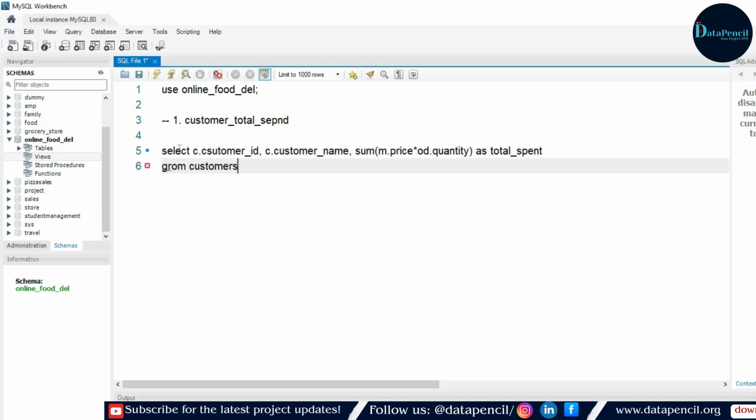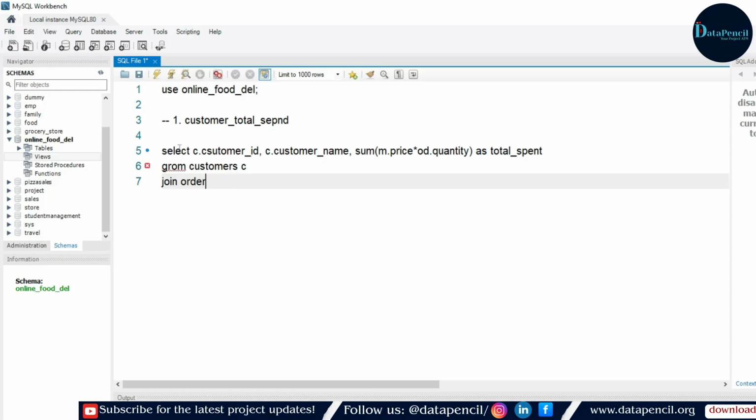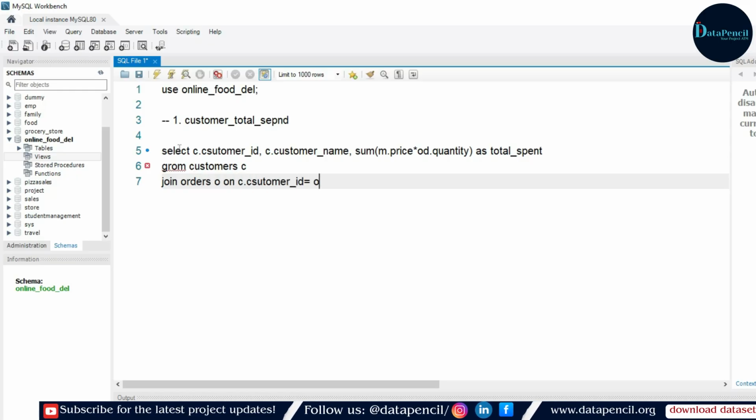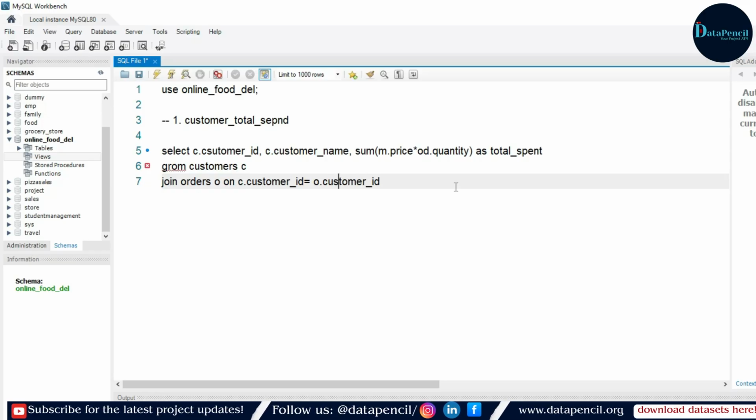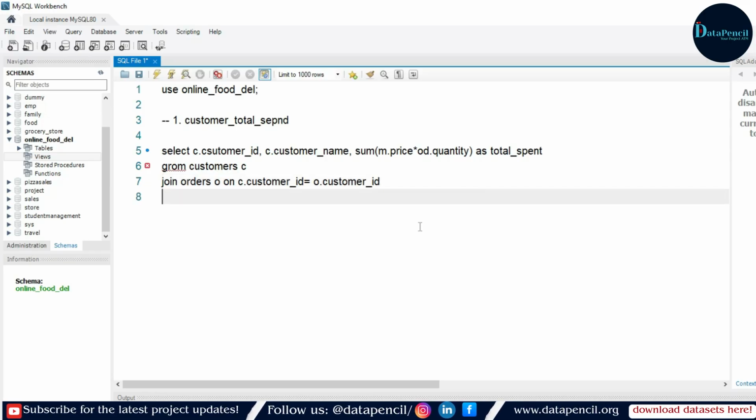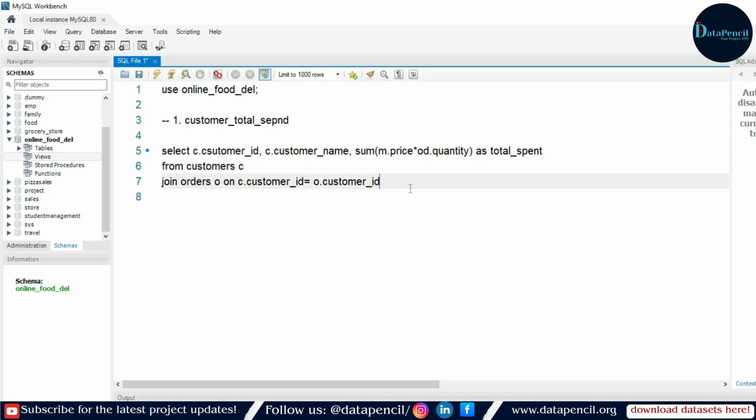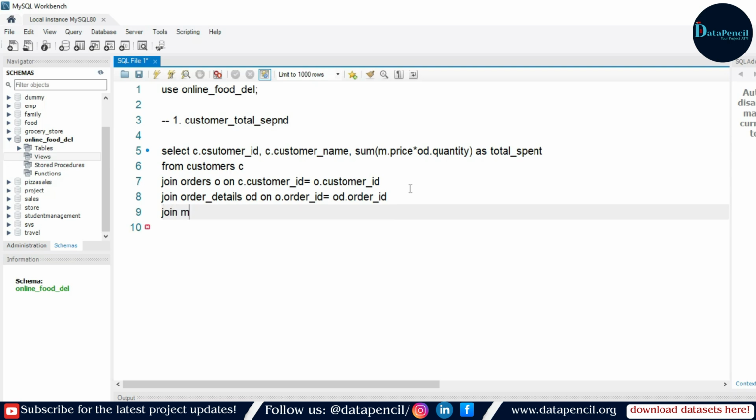It is from the customers table, and we have to join it with the orders table on the basis of customer ID equal to the orders table customer ID. And we have to join it with the order details table as well, OD, on what basis? Where the orders table order ID is equal to the order details table order ID, and we have to join it with the menu item.